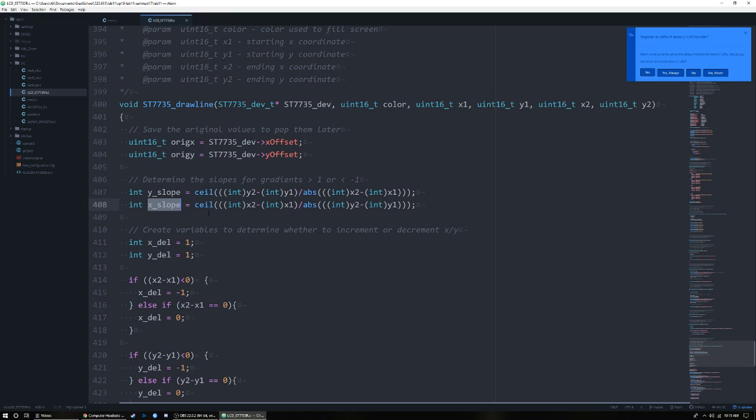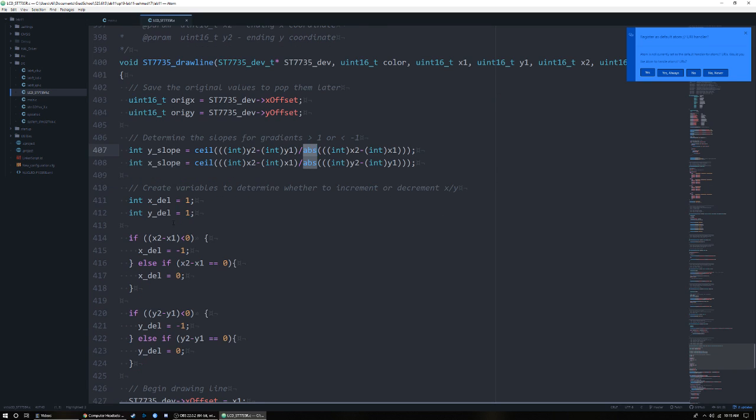And if your gradient value is a floating point number, that means you need to interpolate it with x values. So I'm doing that, calculating both the x slope and the y slope, which is basically delta x per y or delta y per x. And the reason I keep it as an absolute value is because I have a separate value, which I'm calling